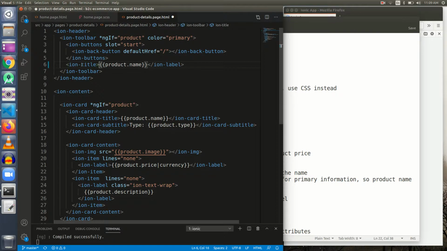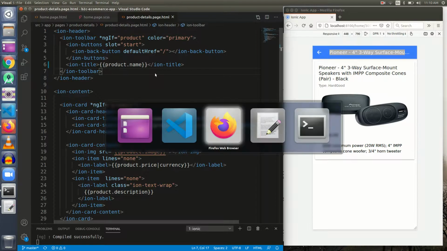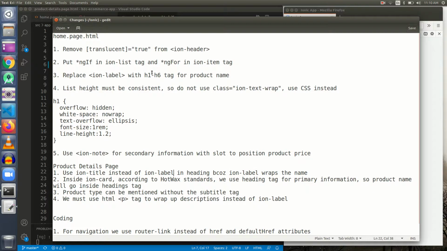Now as we are making changes in the opening tag, we must also do it in the end tag. Don't forget it, because these are some common areas of mistake. Now see our text, the title is not wrapped up, instead three ellipses are shown, and that is what we wanted. So thanks Ashish for suggesting these changes. Now the UI is really looking good.